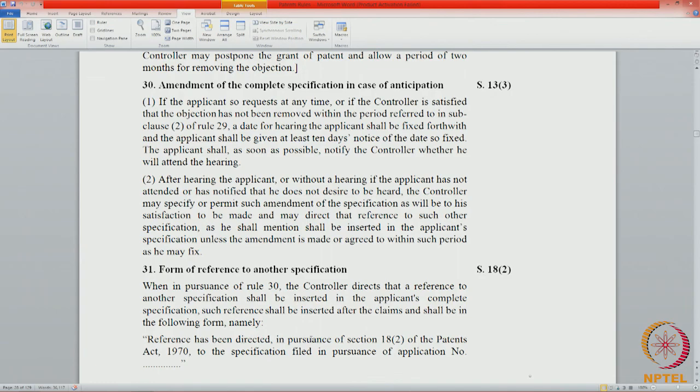The principle of natural justice tells us that you should not pass any order without hearing the party who will be affected. Audi alterum partem is a principle in law which says that you should not pass any order without giving an opportunity. You have to call that person, give him an opportunity, hear his case, and then pass the order. So this provision, rule 129, tells us that there has to be a hearing.